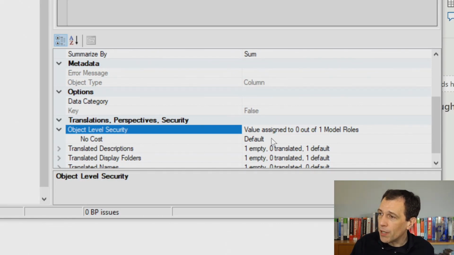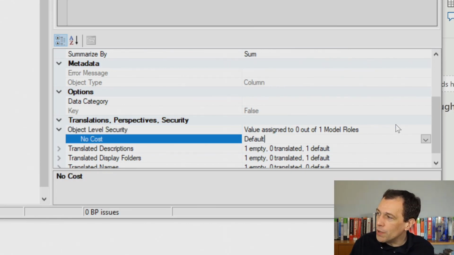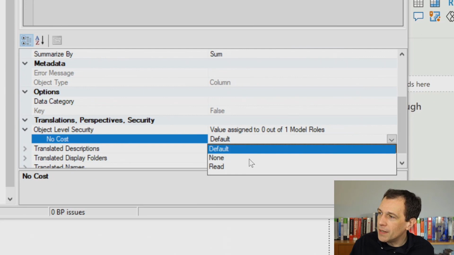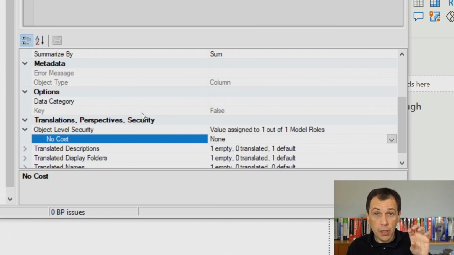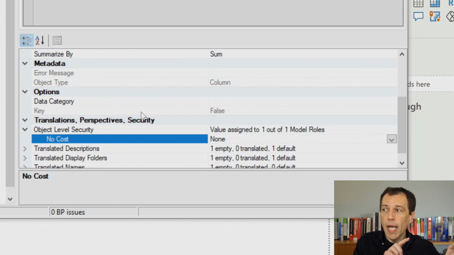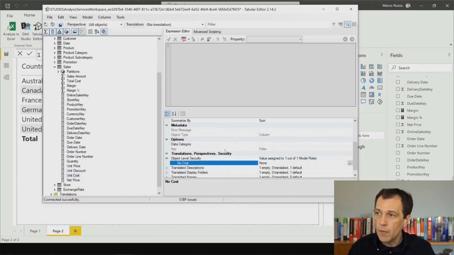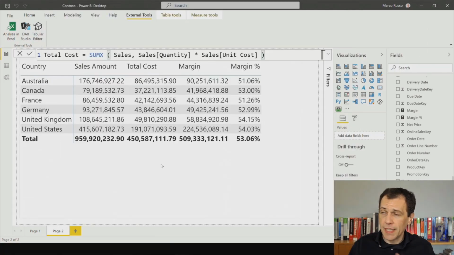So let's say that, okay, for no cost, which is the only role that I defined so far, I want to specify that this should be none. I'm saying the users that belong to the no cost security group have no access to this column. Okay? Now, when I save this change to the model, Power BI is updated, and at the moment I don't